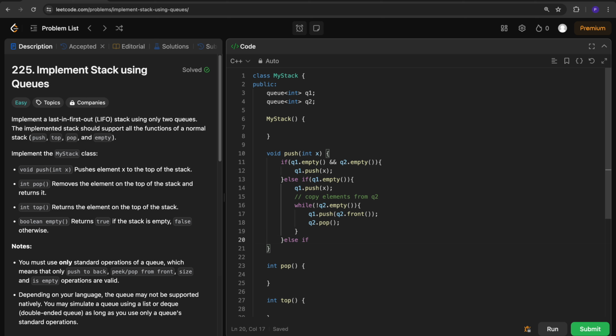Otherwise I'm going to check whether q2 is empty. If this condition is true, then we have to push the new element into q2 because that will be present at the front of the queue. q2 is empty and we are going to push the new element into q2. q2 dot push x, and after that